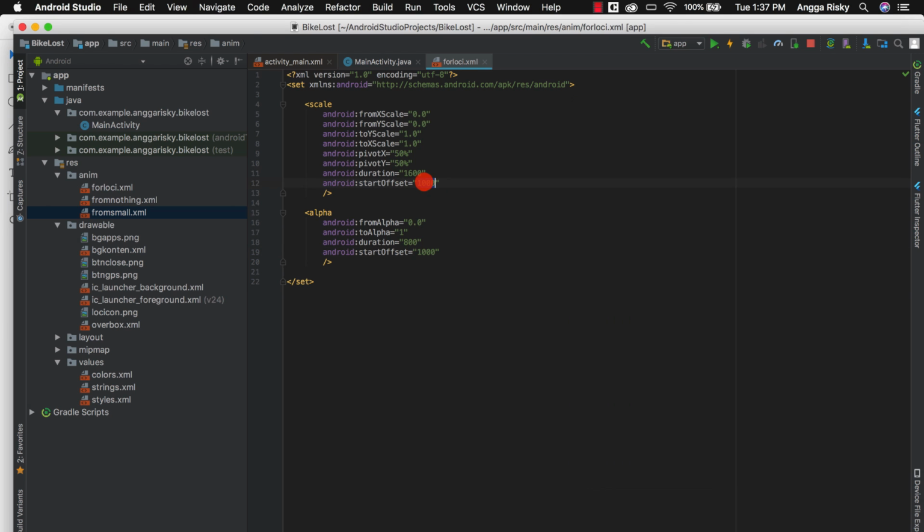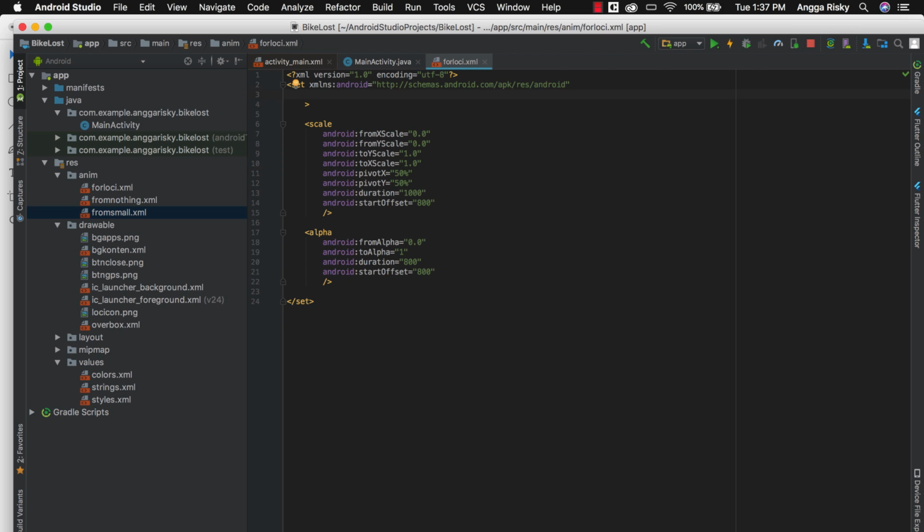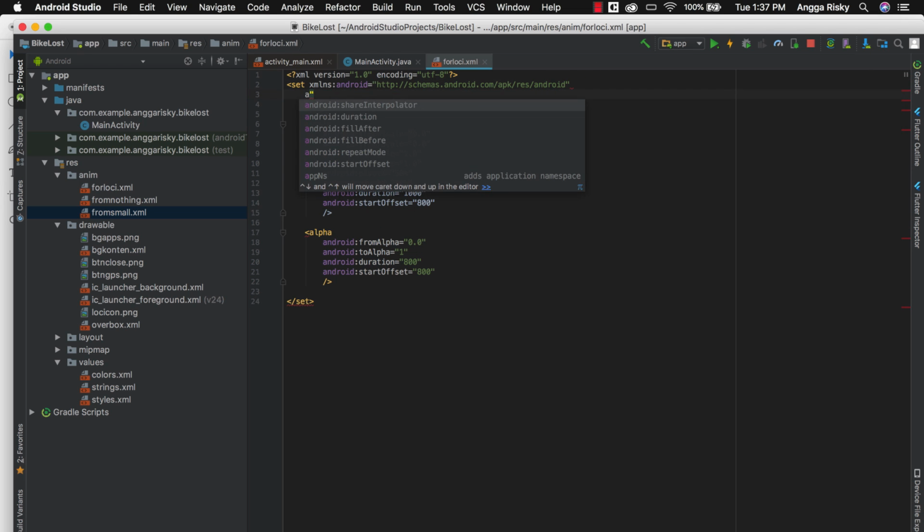But it's slower. I'm going to make it faster, and then here duration, just make it faster, and then you can set here the interpolator. Wait, I forget about this source code. Android interpolator.